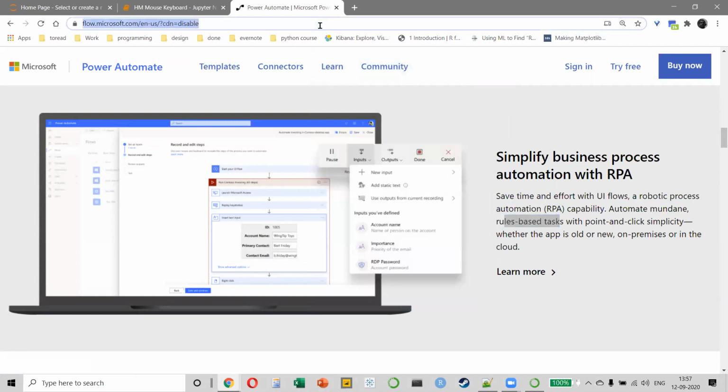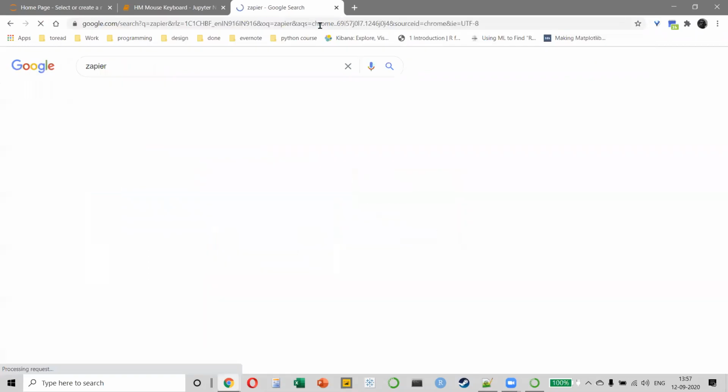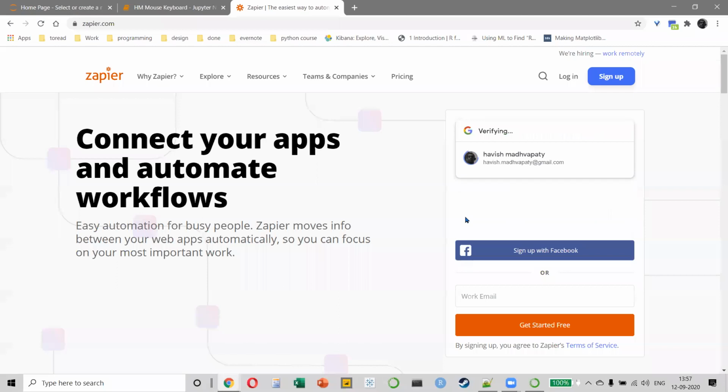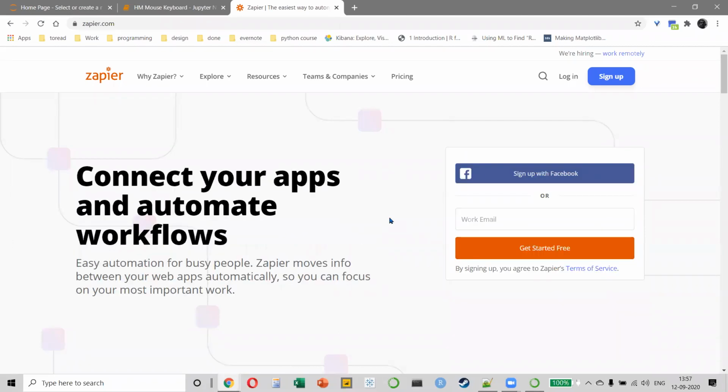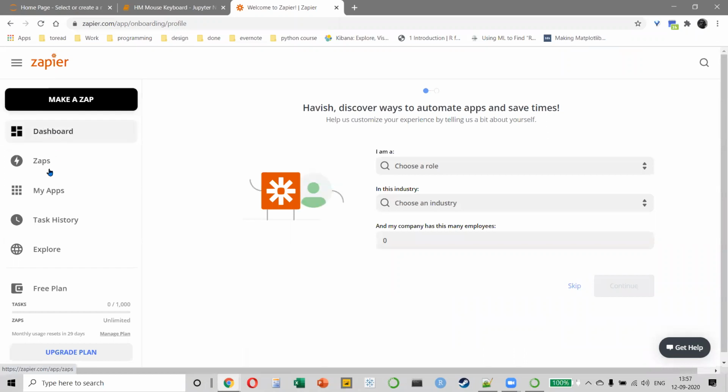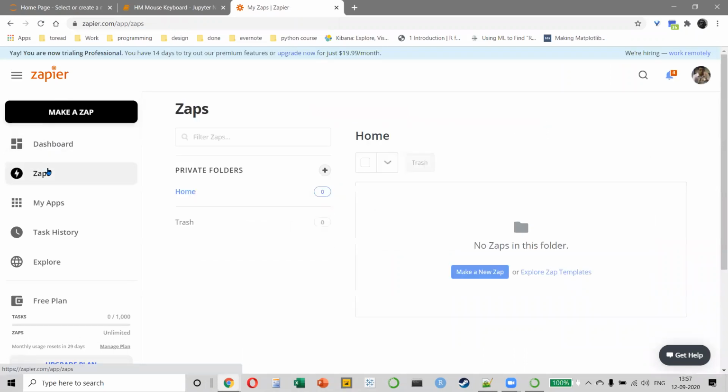Then you have companies like Zapier, which we also use sometimes. Zapier basically can integrate multiple platforms with each other. So they call something called Zaps.